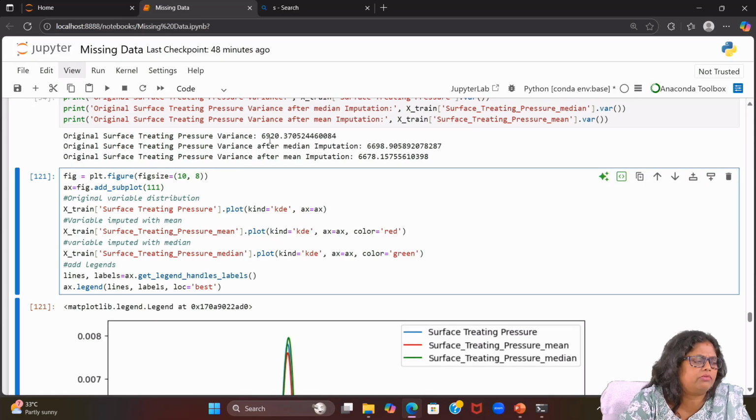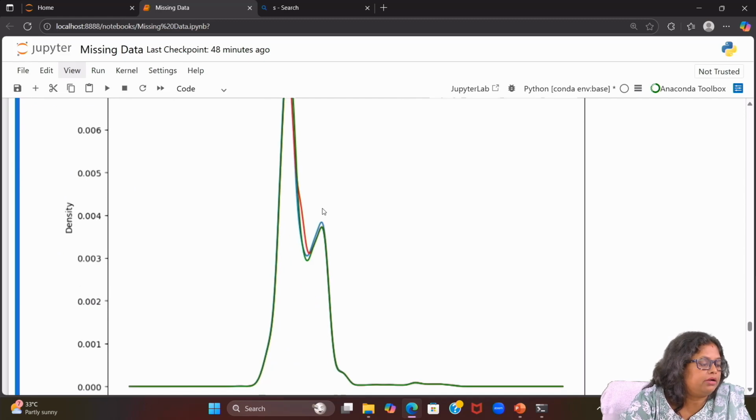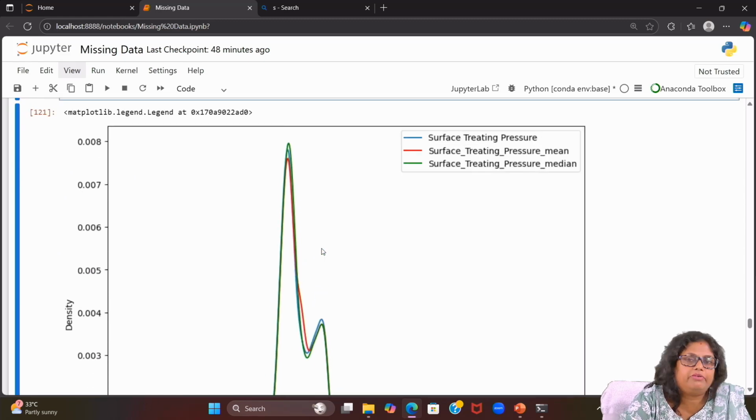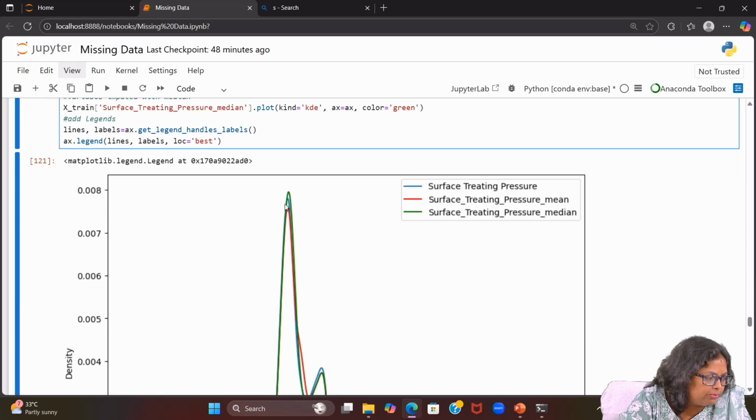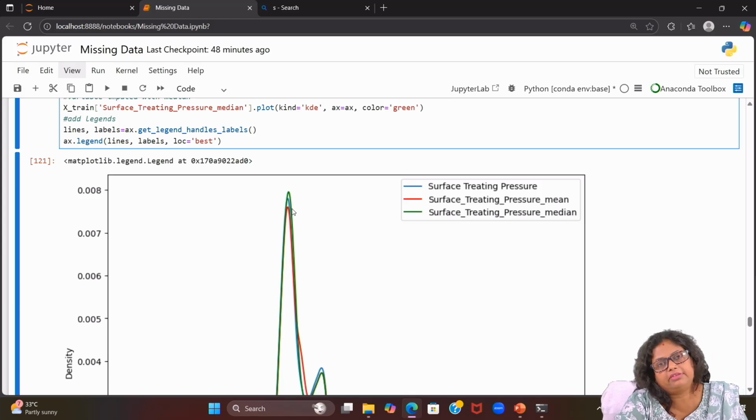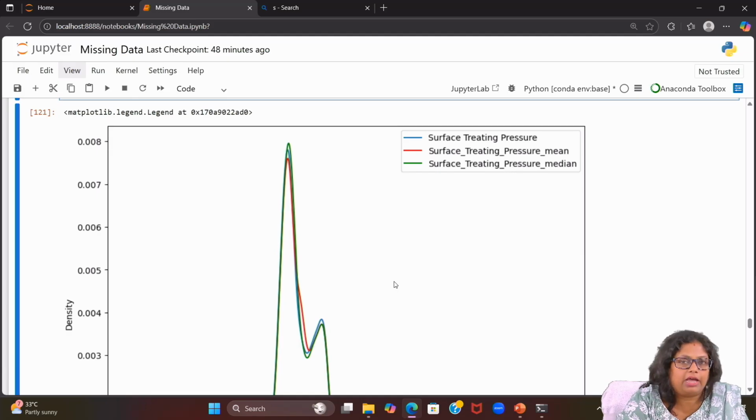Okay, it's not very much changed, but yeah definitely when we have more data you can observe a little bit of change. It's not like the previous one I was discussing, complete case analysis, which was completely overlapping. So here a complete overlap is not there, but there are minor changes. So when you have lots of data, you will notice the changes. So in the figure also you can see, okay, it's not a complete overlap, there are some changes.